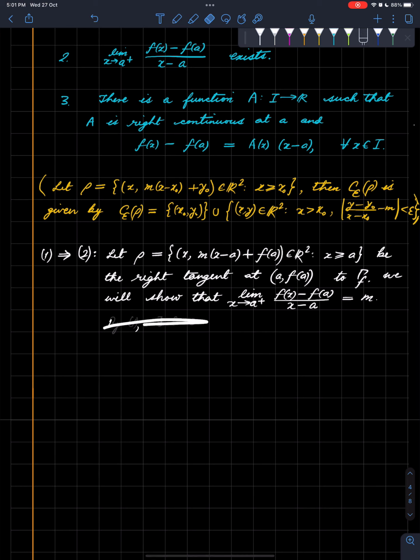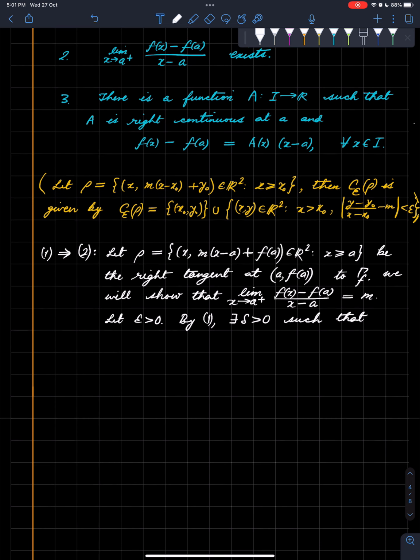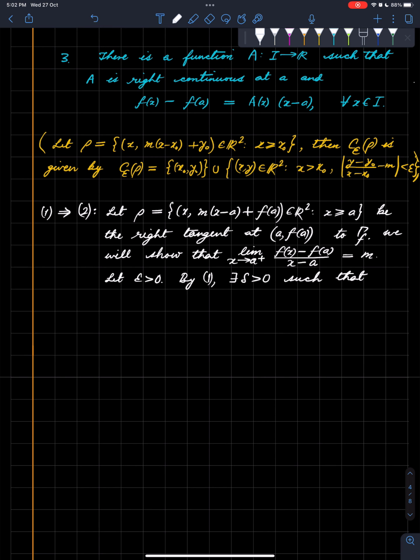So okay, fix an epsilon greater than 0. We want to establish a limit, so let's first fix an epsilon greater than 0, and now by 1 there is delta greater than 0 such that the graph of the function restricted to (a, a plus delta) is contained in the epsilon cone about the right ray,